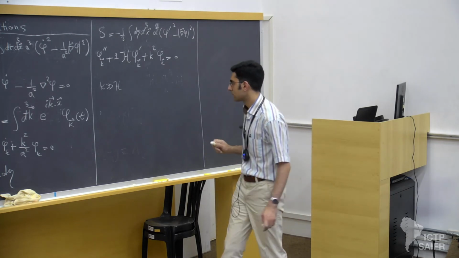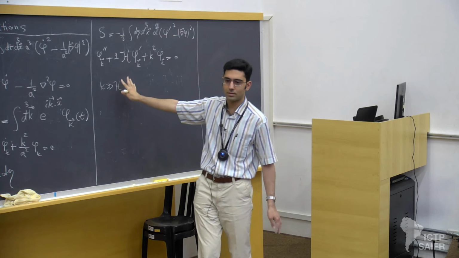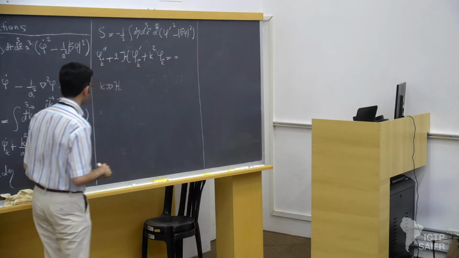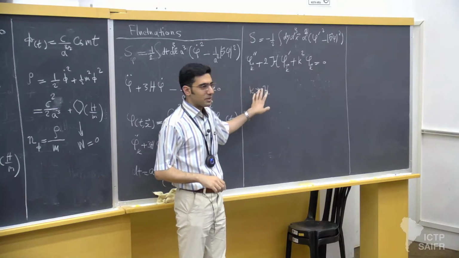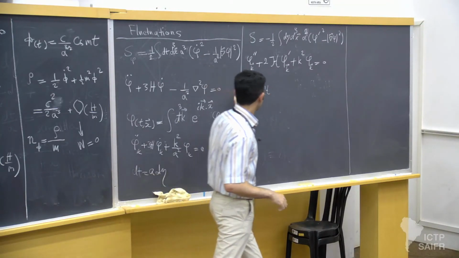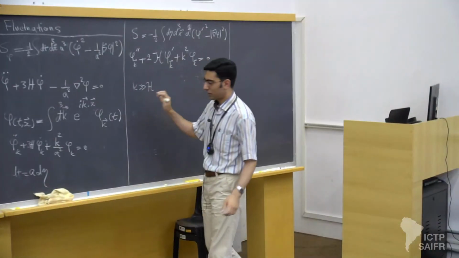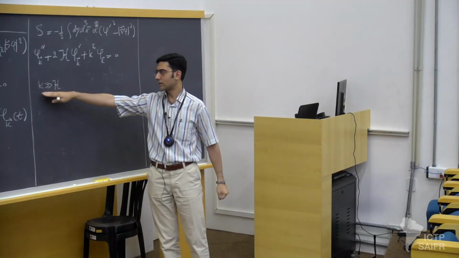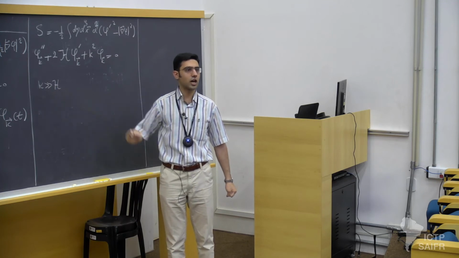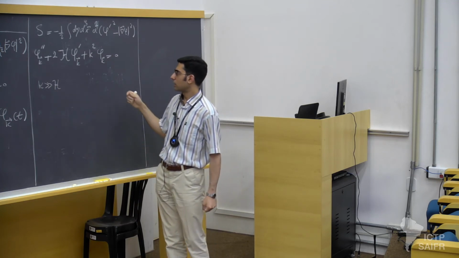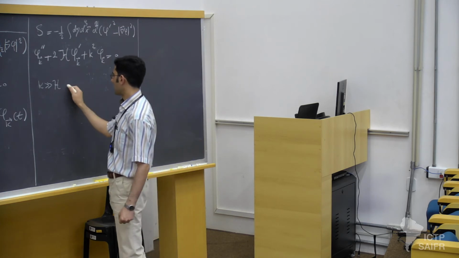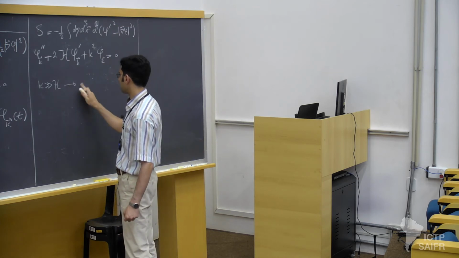No. Okay, I'm going to call this curly H, maybe just H. These are two different extremes that are interesting to focus on. One is the simpler one, when k is much larger than H. Then the solutions are more or less the same as in